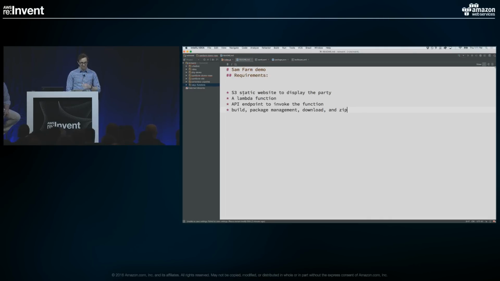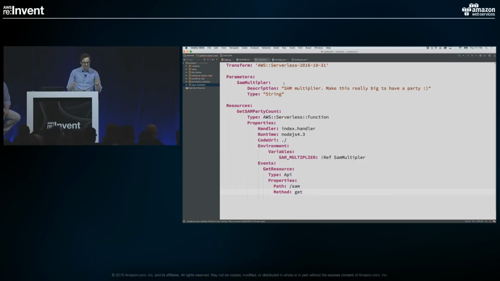So for the API part over here, here is my SAM template. This is the only template that I wrote, which generated essentially everything I needed for my API. I have at the very top here my function definition. I have my environment variables that I was talking about previously. I am taking that in as a parameter. And at the very end, I'm defining an event.